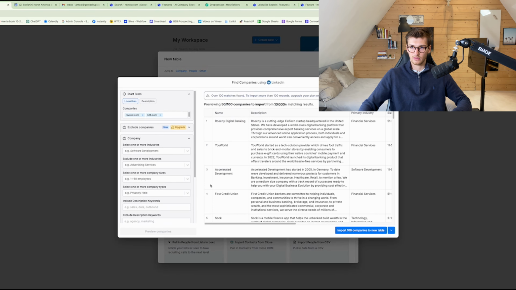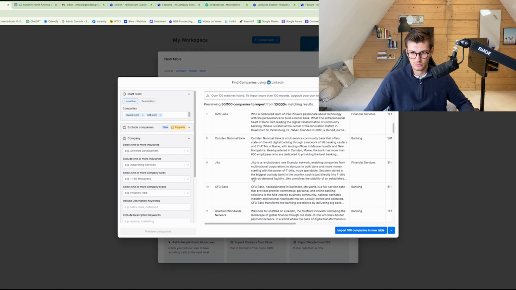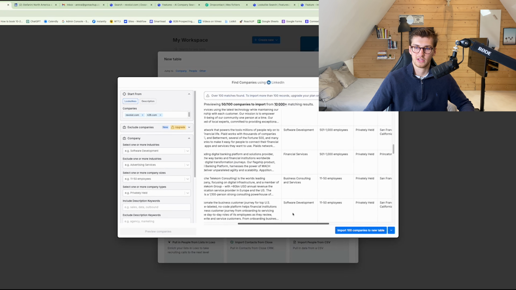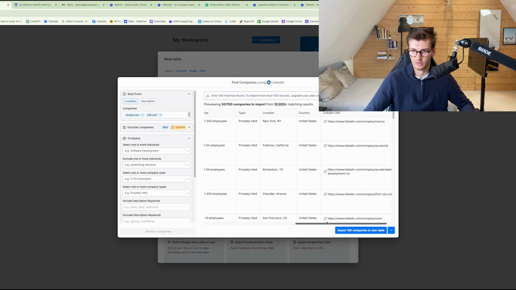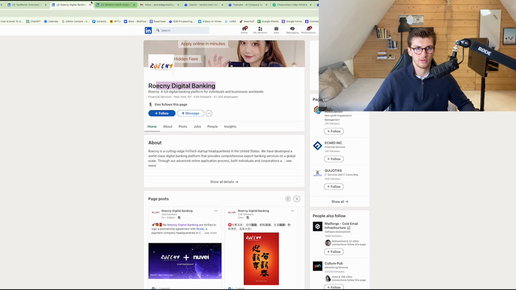of similar companies. So if we go check all of these, it's giving me lots of other similar companies. I'm not an expert in the financial industry, so I wouldn't be able to tell, but I know based on the research I've done, it works pretty well. So if we just check a few, yeah, digital banking,